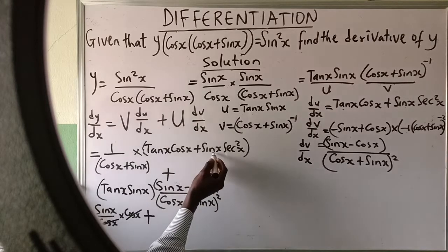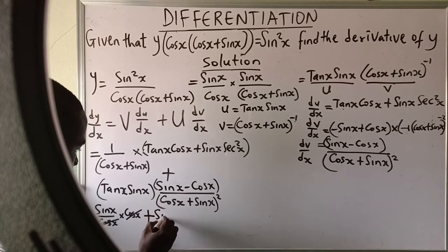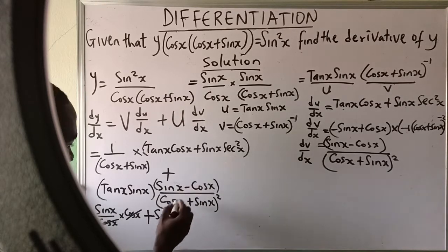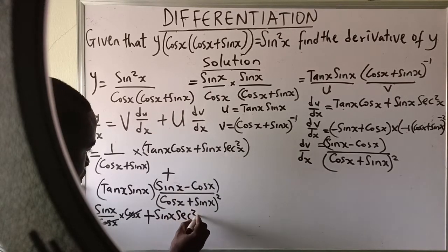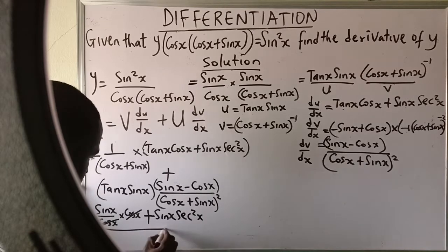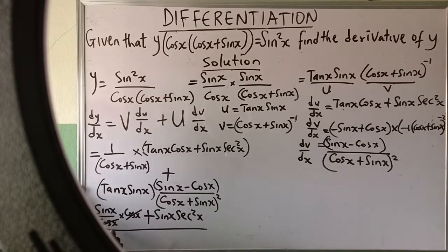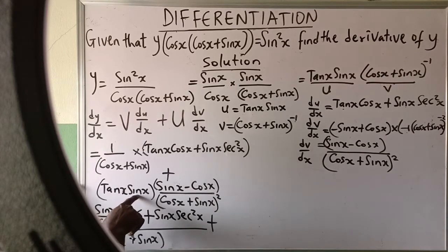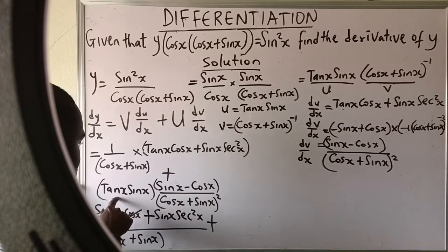x plus sin x plus sin x sec squared x all over cos x plus sin x, then plus this one, you have it, this times this,